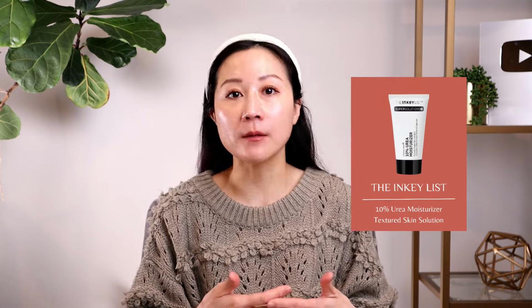For example, moisturizers like the Inkulus 10% urea moisturizer is a great one. It's lightweight, does not leave a lot of residue on your hands afterwards. Cetaphil also has a 20% urea moisturizer that's really lightweight and fast absorbing. That makes a good body moisturizer as well as facial moisturizer. But you can just kind of put it on your fingers, hands, and nails if you need to. AmLactin makes a great lactic acid-based moisturizer that I love for keratosis pilaris, but also would be a great option for